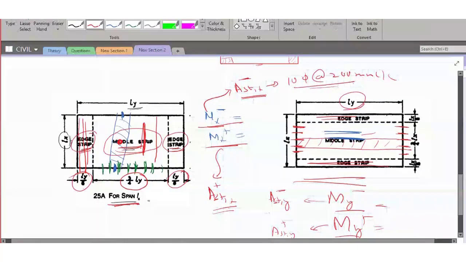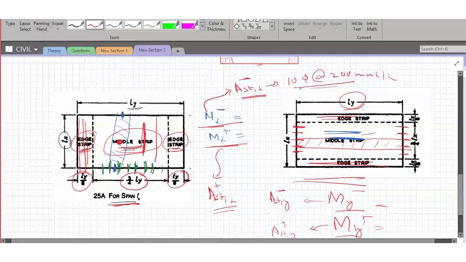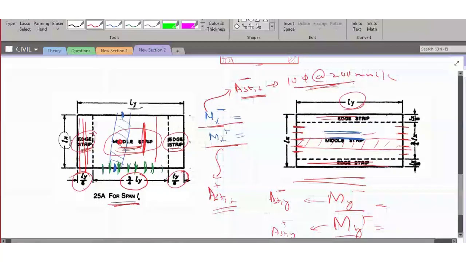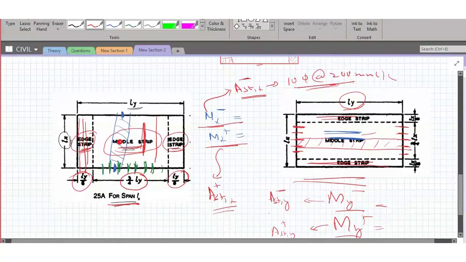See, you can definitely provide the steel at the edge also. Let us say at the middle strip you are having 10 dia at 200 millimeters center to center. That still you can provide, but it is uneconomical. That kind of moment is not actually acting on the edge strip, so why do you want to provide that? And please understand, the slab panels are very big. If you save even 2 rods in one panel, and say you have 100 panels, you are saving a lot of reinforcement.